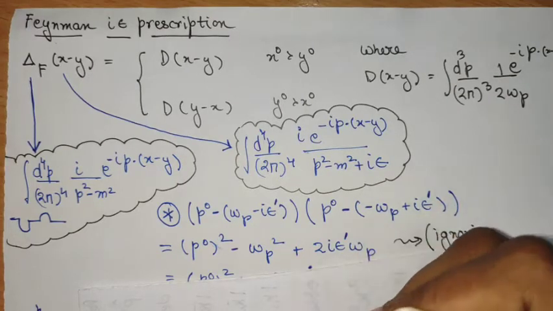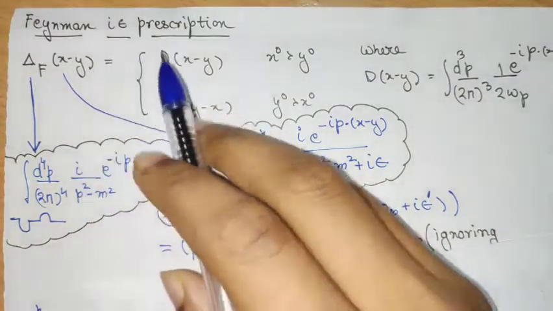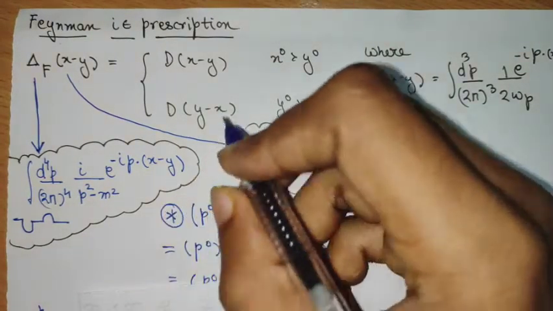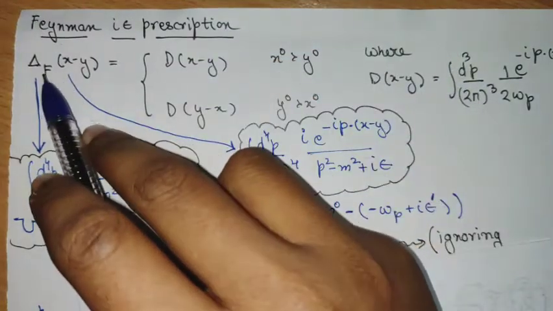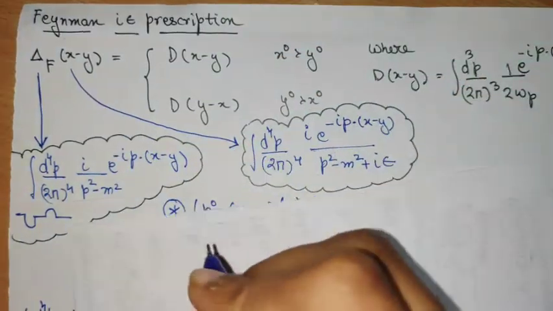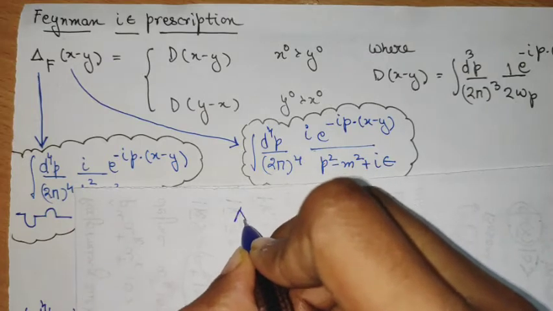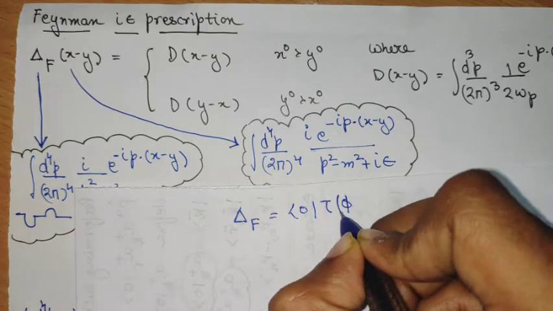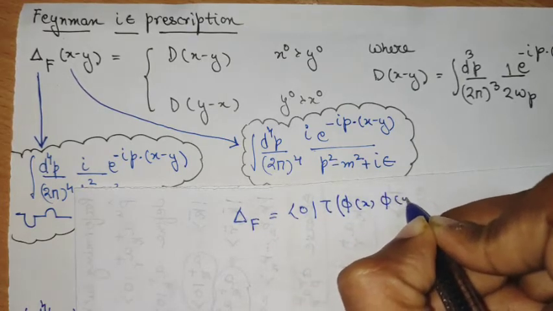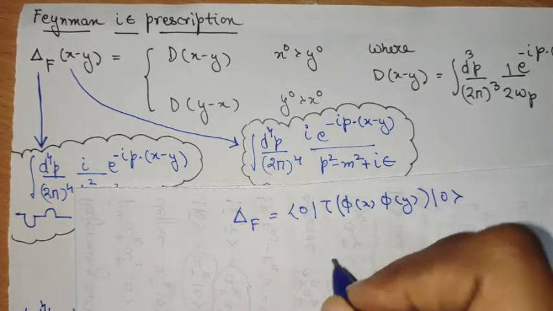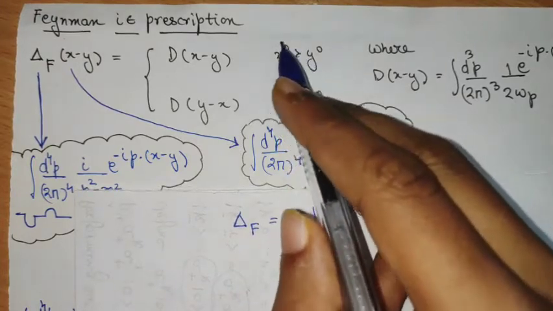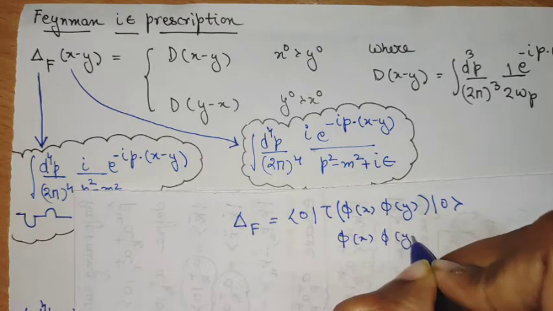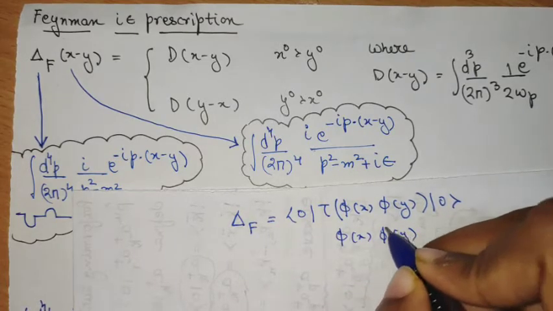Well, in this video, I will be discussing the Feynman i epsilon prescription. So, we have seen that this Feynman propagator, that is this Δ_F(x minus y), was shown as the time ordering of the fields phi(x) and phi(y). And we saw that if x0 is greater, the time ordering will keep the fields as phi(x) and phi(y), and this is like a particle propagation from y to x.